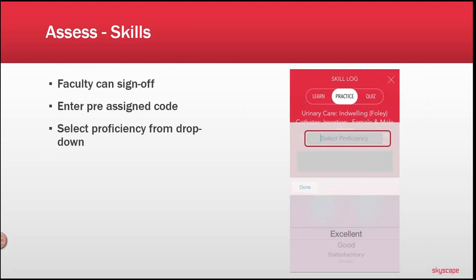But we also have the ability to determine the level of proficiency the student needs to demonstrate in order to be successful in this particular skill performance. I really like the component that we also have an open comments box. So if an instructor is evaluating a student, say in a clinical setting, and their ability to insert that Foley catheter, I'm going to have this predetermined of what level of proficiency and expectation I have for my students. Then I'm going to write comments as to how they performed.